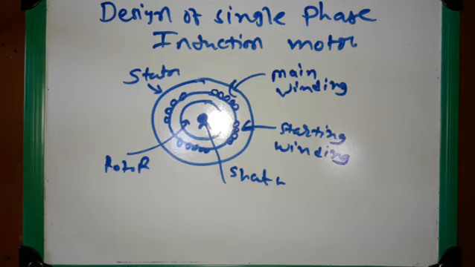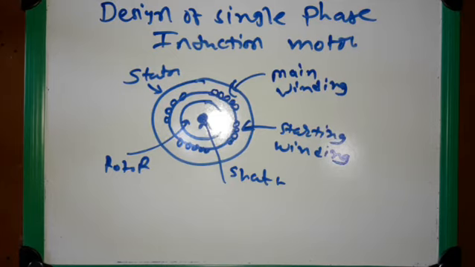As we know, the construction of a single phase induction motor is similar to the three phase induction motor. There is also a stator and a rotor. In three phase induction motor we use a number of slots in the stator for the stator winding, and for a squirrel cage motor we use rotor bars as the rotor conductors. Now in single phase motor,